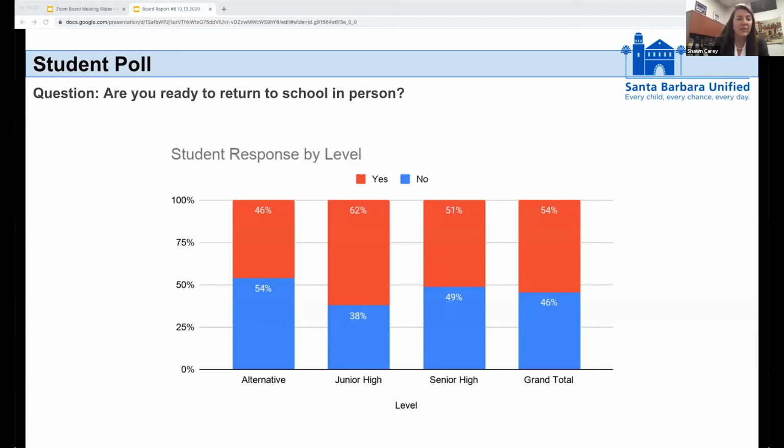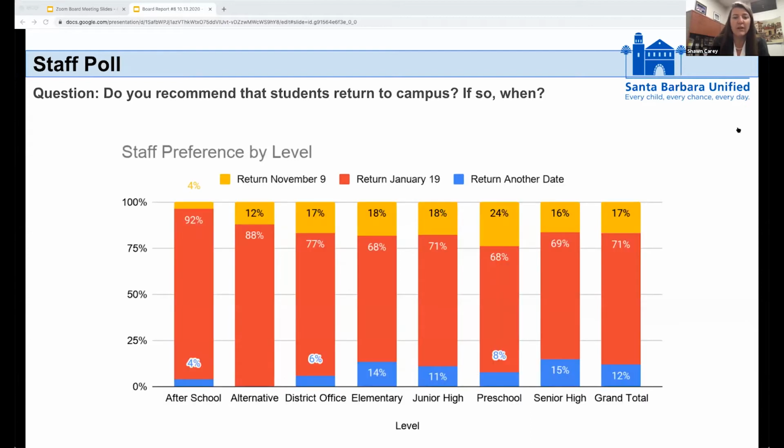I'm going to now turn it over to Dr. Becchio, who can report on similar data for our staff. Thank you, Ms. Carey. Here I wanted to point out that this poll represents a snapshot of our staff's preference between these 2 dates, November 9th and January 19th. This poll did go out to all staff members in the district, and we did receive a 75% response rate